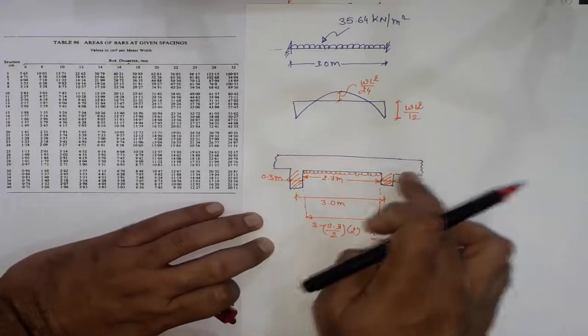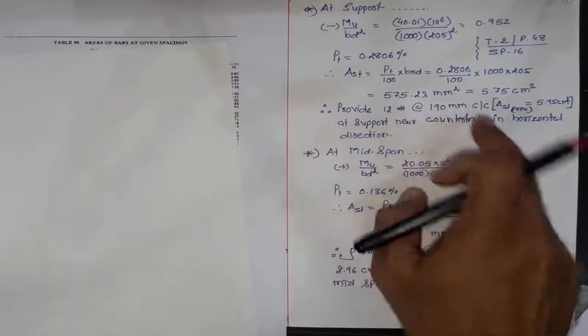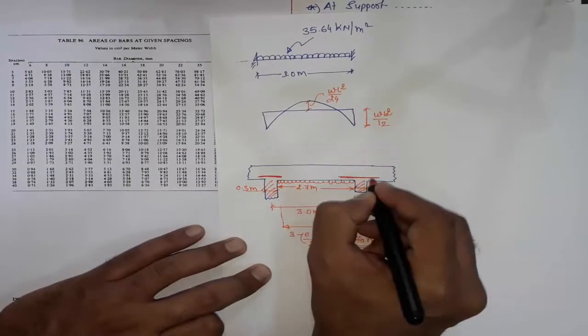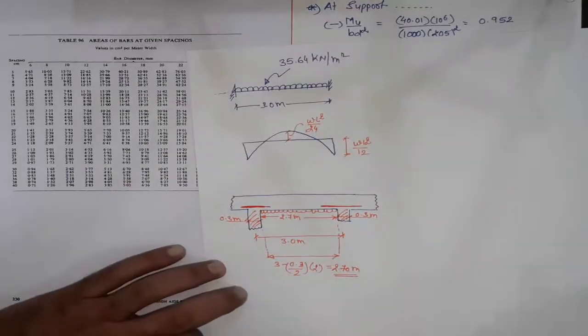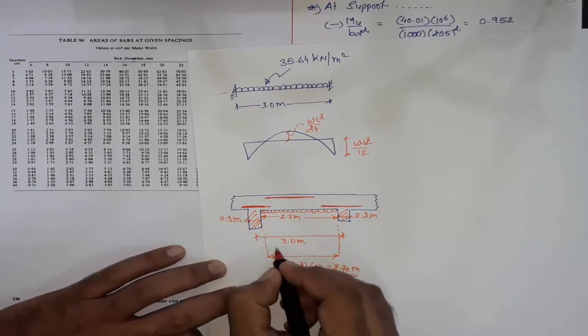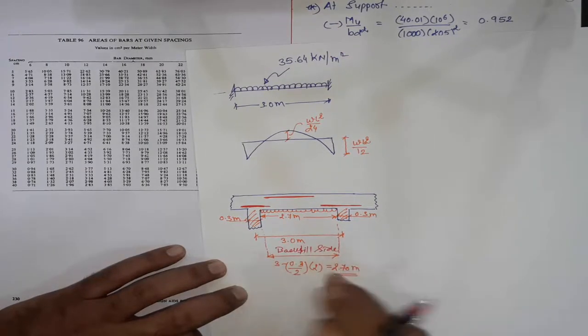This is the plan view of our stem slab. The first reinforcement, that is this reinforcement, that is 12 torr about 190 mm center to center, is to be provided at support towards the backfill. It is here. And another steel, that is 8 torr about 170 mm center to center, is to be provided at mid span but away from backfill. This is the backfill side.